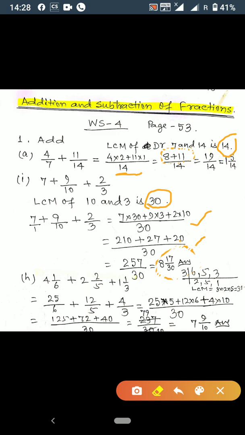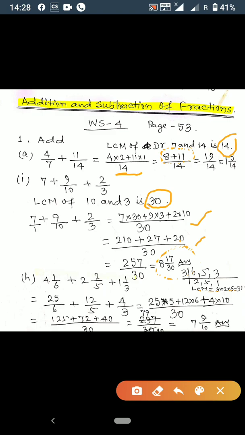8 is 8, so it can be written with denominator 8, and 8 divided by 2 you will get the quotient 4, and the numerator of the first fraction is 1. 1 multiply 4 minus 3 multiply 8 divided by 8, quotient is 1. So it can be written as 3 multiply 1. Now 4 1s are 4, minus 3 1s are 3. 4 minus 3 equal to 1 by 8.